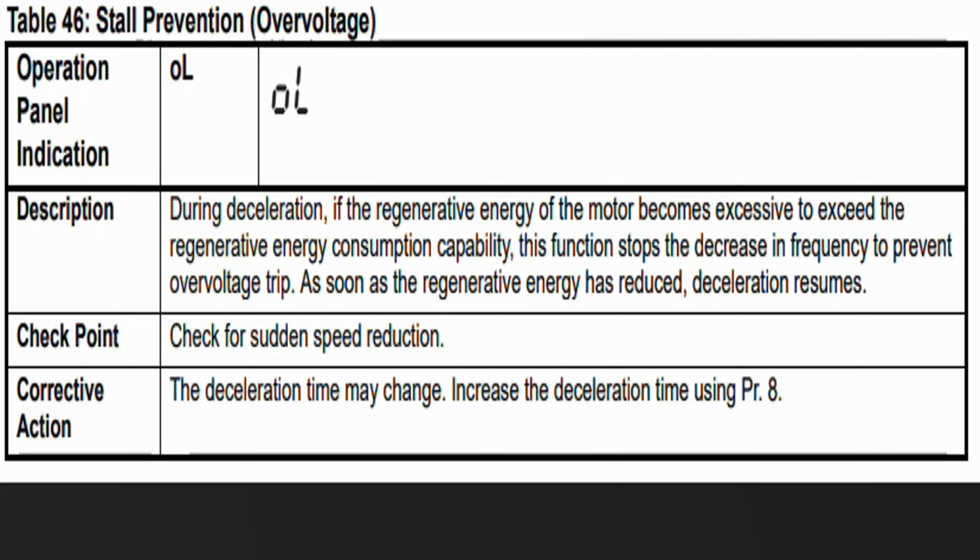If you are using this kind of application where it is required to stop immediately, like from a frequency of 40 to 30, and we need to stop it within 1 second or less than 1 second, then in that case you need to use that. Otherwise, if your application is normal, you can increase the deceleration time, parameter number PR8. So with that you can resolve this alarm, or you can use your resistance breaker. And if you are still confused, you can contact us, and if you need a new VFD, you can contact